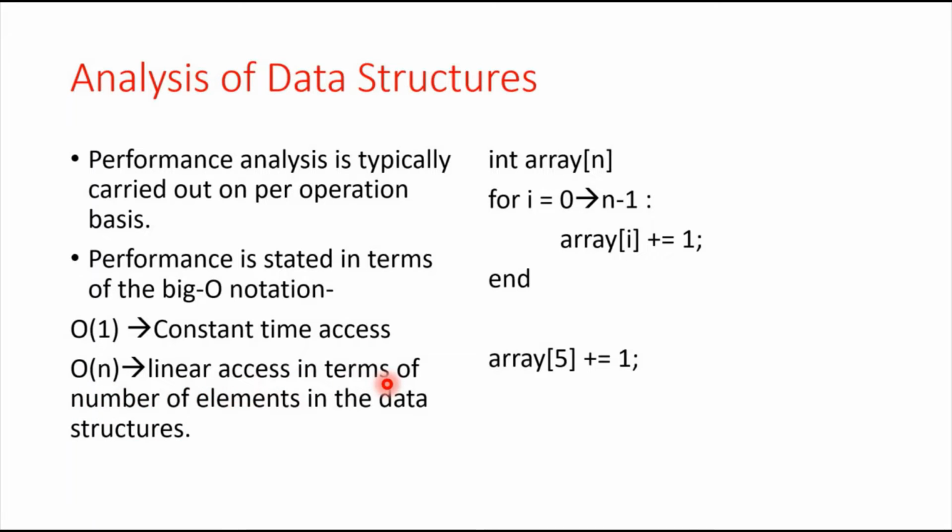Big O(n) means linear access in terms of the number of elements in the data structure. It means if we have n elements and we have to access each element one by one, we have big O of n time, n steps, to access that. Okay, let me show you here. You can see